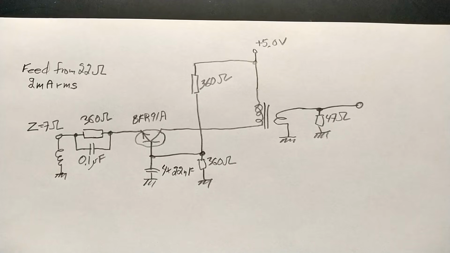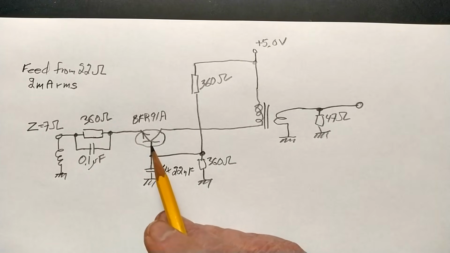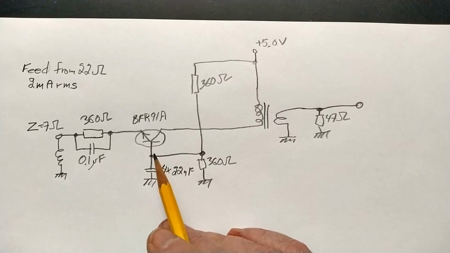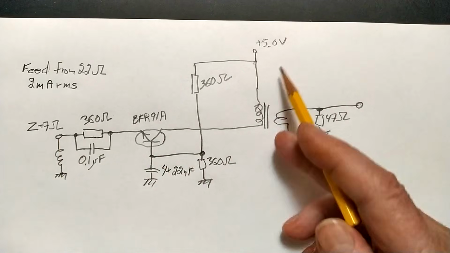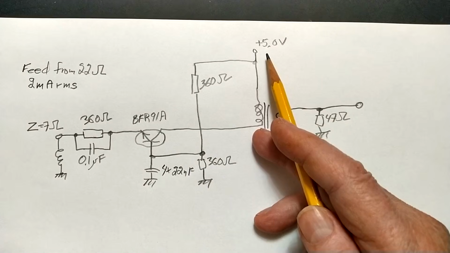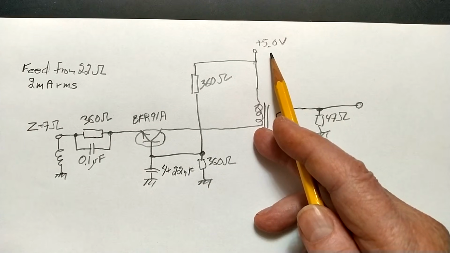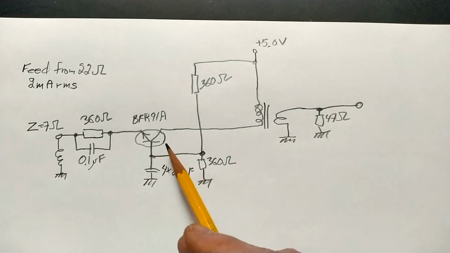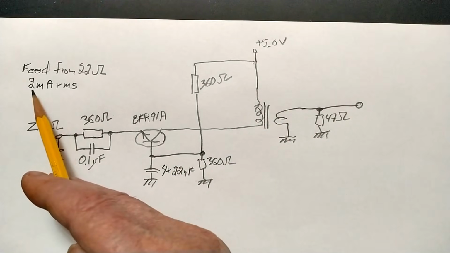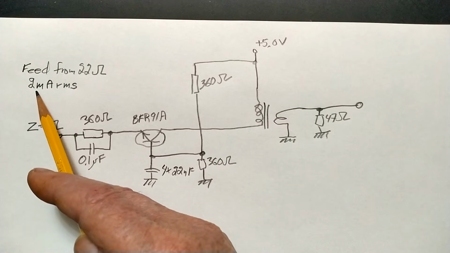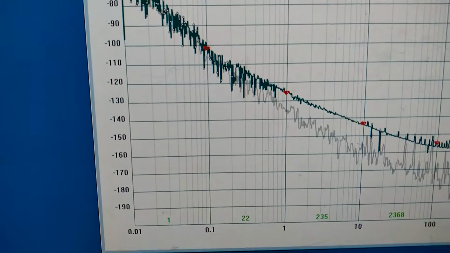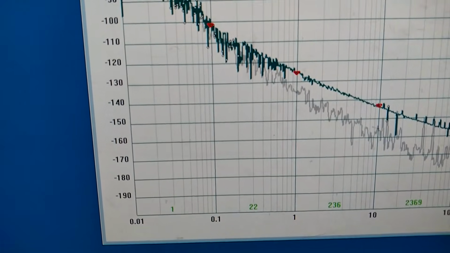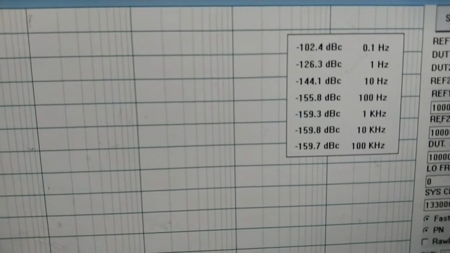I replaced the two BF240 by a single BFR91A. To get the 7 ohm impedance I want to load with, I had to reduce the supply voltage down to 5.0 volts. And then the amplifier saturates if I go above about 2 milliamps. So I measured the noise at this signal level. The phase noise at 1 Hz offset is a little higher now, and the table says